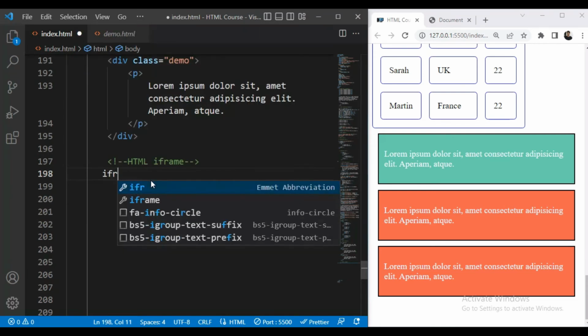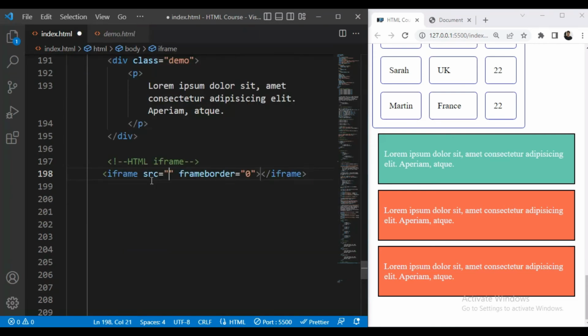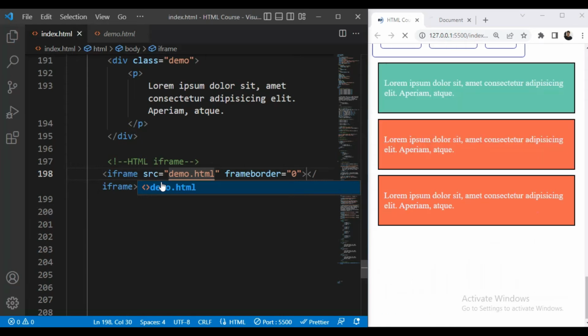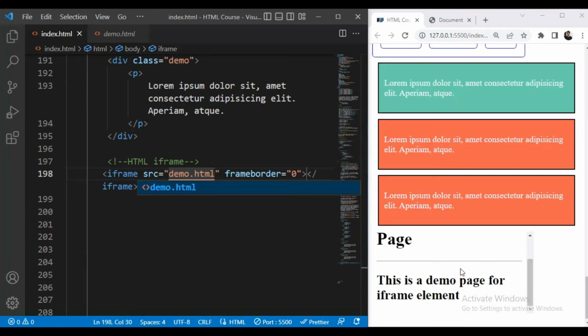So we'll type the iframe tag, and inside the source attribute we'll give the URL. So URL is demo.html. So let us save this. So now you can see a web page within a web page. You can also add some attributes like height.